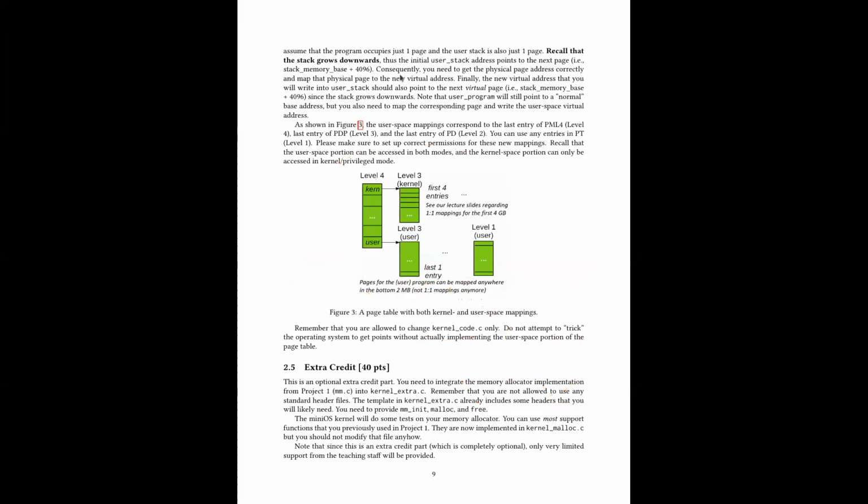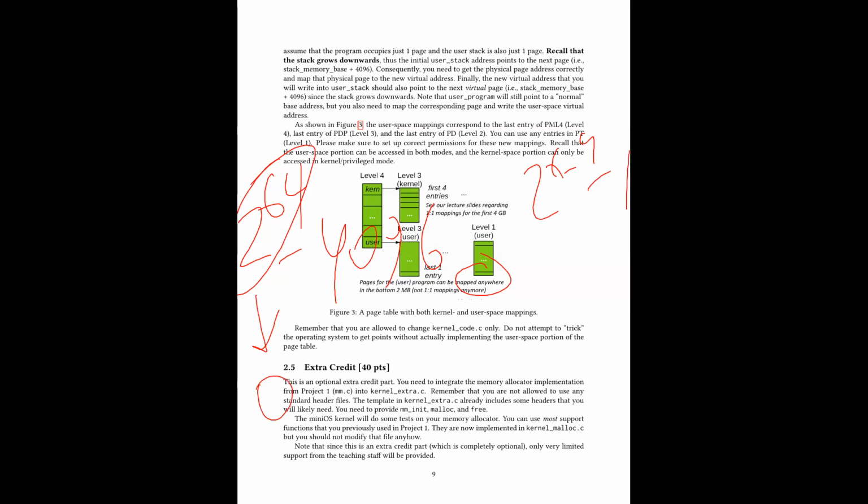So now if you go to level 1, and let's say I want to map this last page. I want to know what the virtual address of this last page is. I told you that you can use 2 to the power 64 minus 4096. That's going to be your last page. But obviously you cannot represent 2 to the power 64, because on modern computers the largest number you have is 2 to the power 64 minus 1. So that is 0, basically. With an overflow, it's going to be 0. So 0 minus